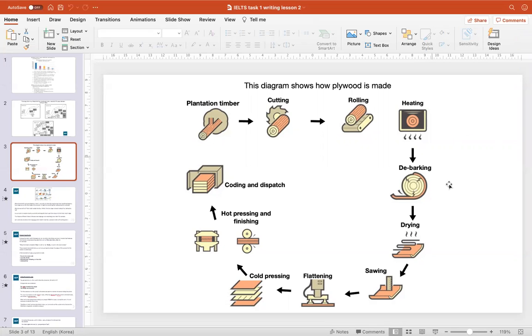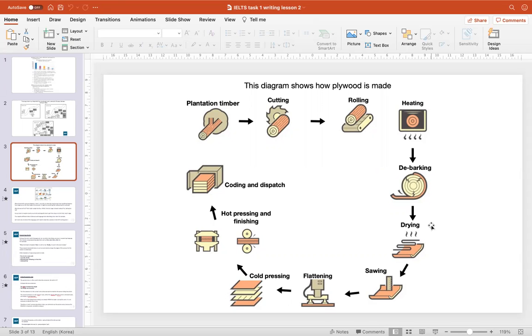Okay, so sometimes it will be like this, like a bar chart. So you need to describe this, summarize this. Other times you might have a map or something like this, and then other times you might have something like this, and this is a process. Yes, that is the process. So your job, when you have this kind of task, this kind of question, is to summarize the process. You have 150 words, and you have to explain what's happening and basically describe the process. So today we're going to look at how to do that.